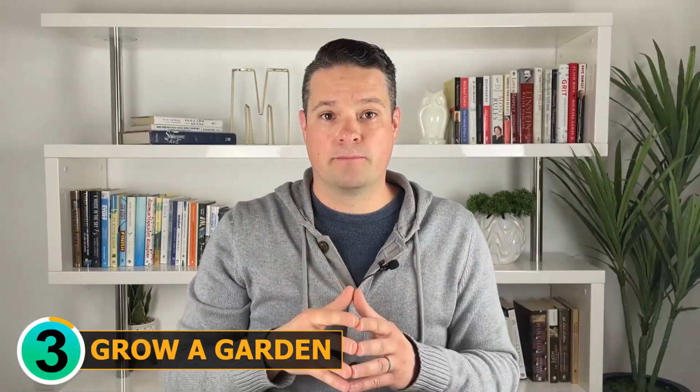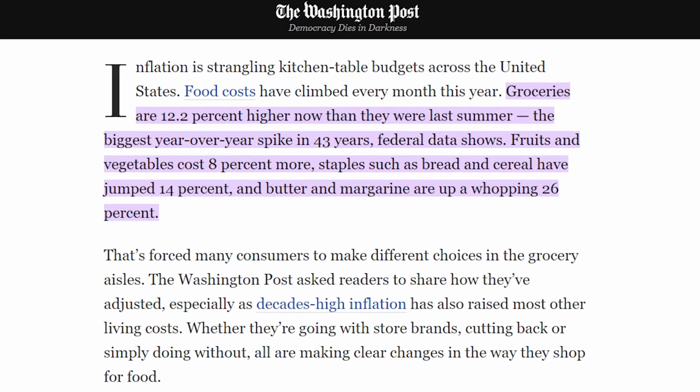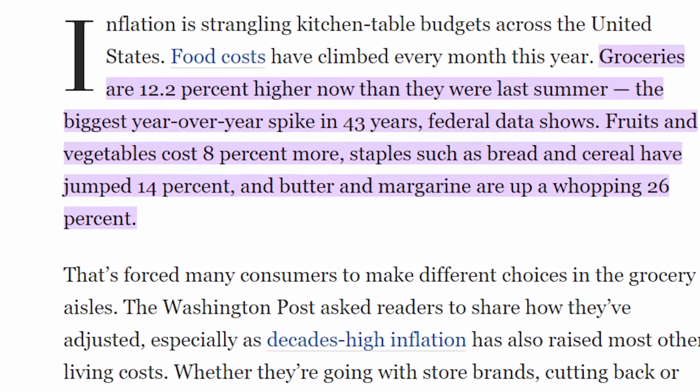In just 15 minutes. Next up, grow a garden. Now, one of the biggest food costs is fresh produce. In fact, in the last year, the price of fruits and vegetables have increased 8%. For just a couple bucks, you can pick up the seeds you need to grow an entire produce section's worth